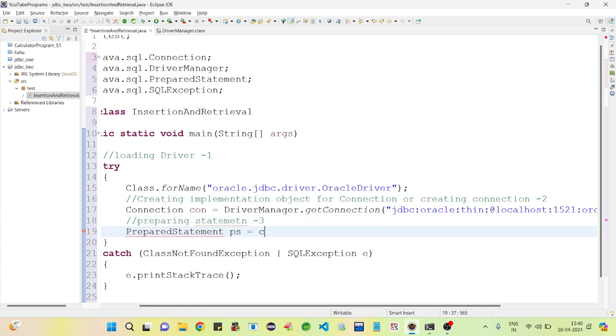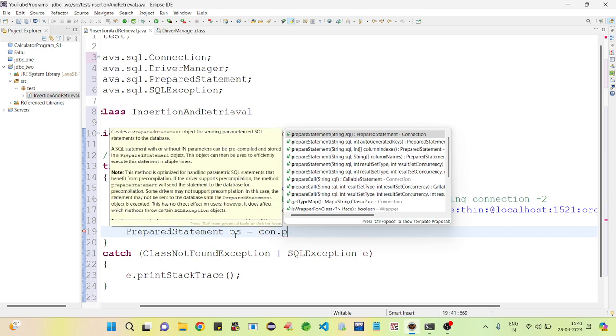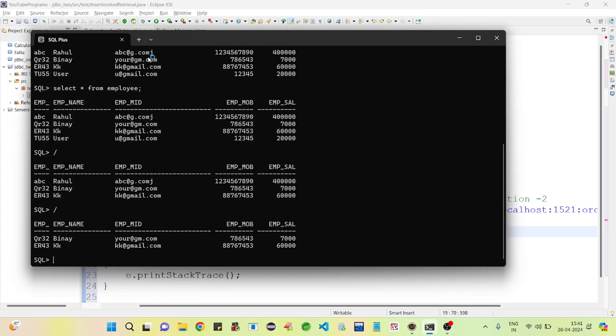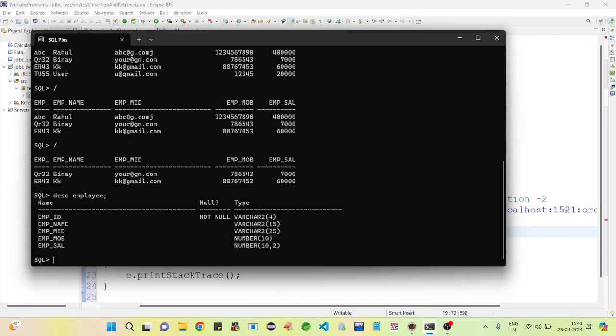PreparedStatement ps equal to con dot prepareStatement. Right, here we have to write insert into, our table name is employee. desc employee.